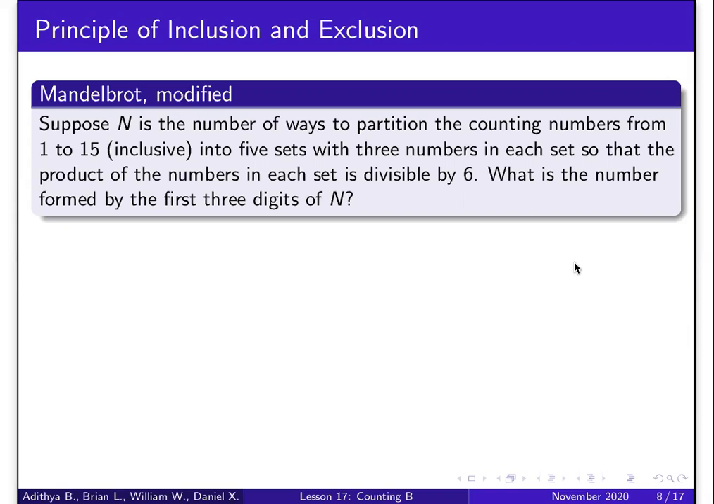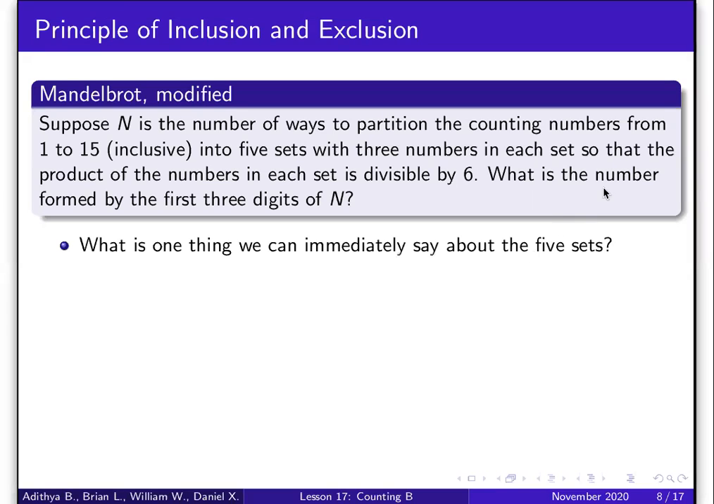Okay, so let's get started. So the first thing is, is there any observation that we can immediately make about how the numbers from 1 to 15 are distributed here? Right, so